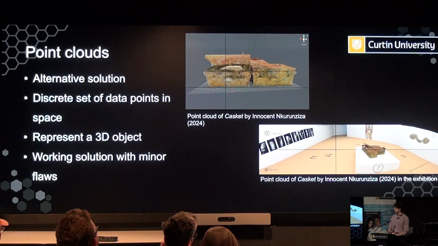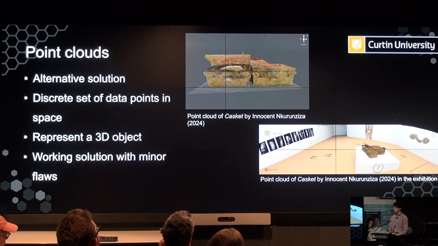And if you look closely, you will notice gaps between them. Now, this highlighted the first issue we ran into with point clouds, and it is that if you got physically too close to them, they disappeared. That was because the scans that we took, or that the people who gave me the footage took,